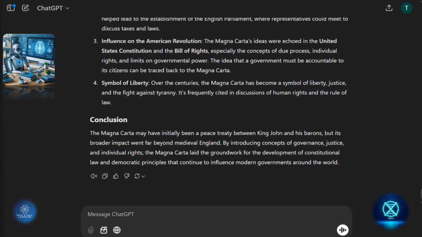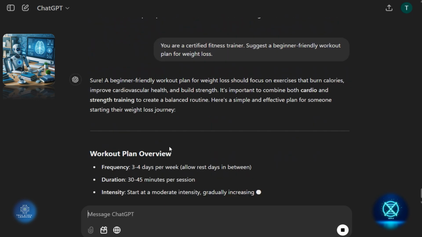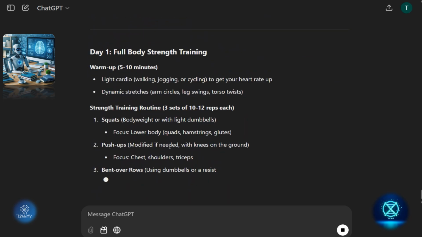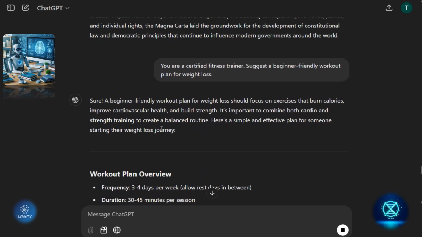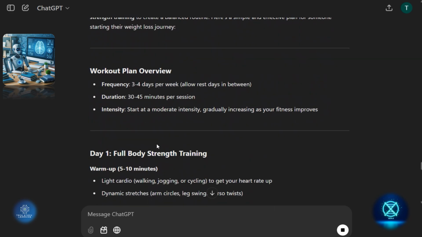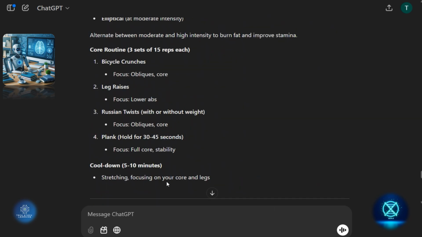Okay, so everybody is interested in being very fit, so we can ask an AI, you are a certified fitness trainer, suggest a beginner friendly workout plan for weight loss. So here it's a combination of role with instruction based prompting as well. Okay, so it has given you the 7 days workout plan. See, it has given you the 3 to 4 days week durations and day one, day two, day three,